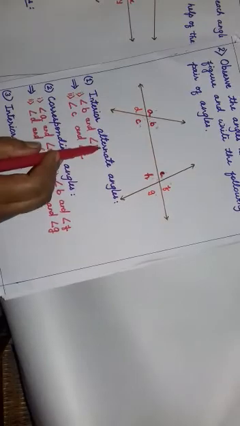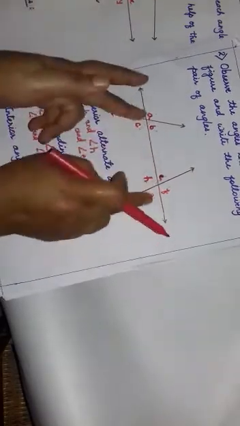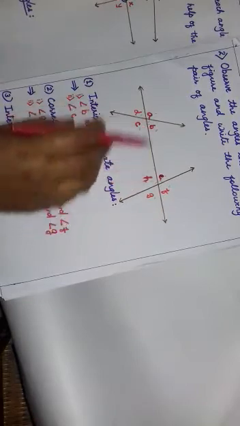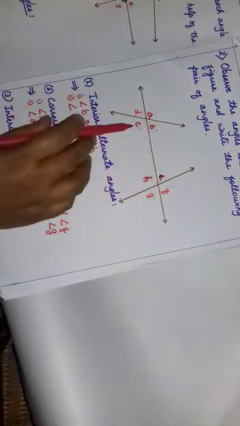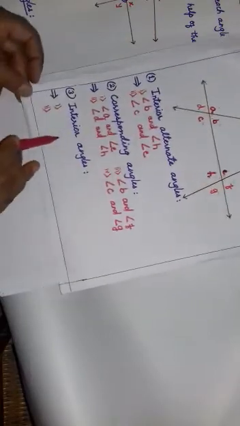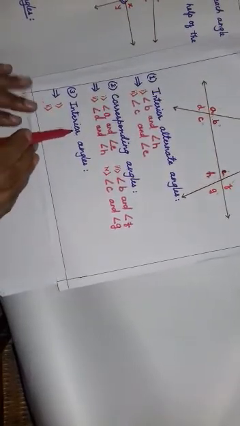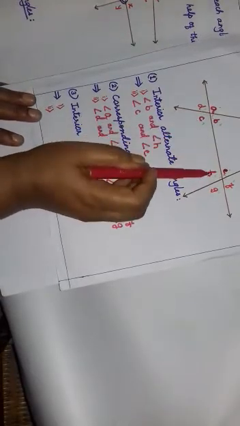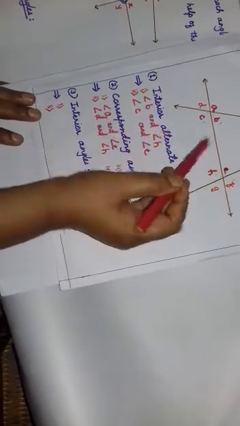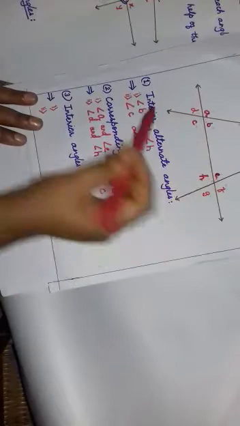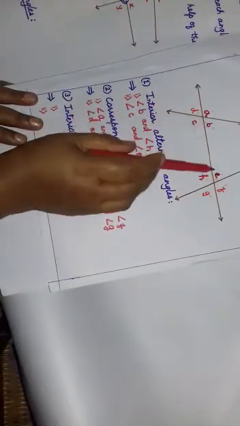And interior alternate means inside these 2 lines alternate. Alternate means opposite to this line, B and H, C and E. And now we will see the interior angles. Interior angles means they are not alternate, they are only interior part. Interior part means beside this line both the angles, that side, the upper side and the below side. So upper side, which two angles we have?